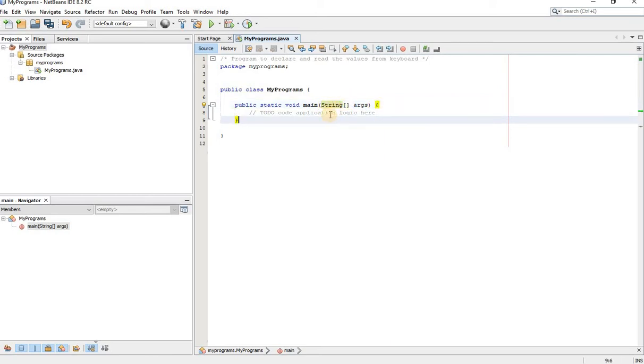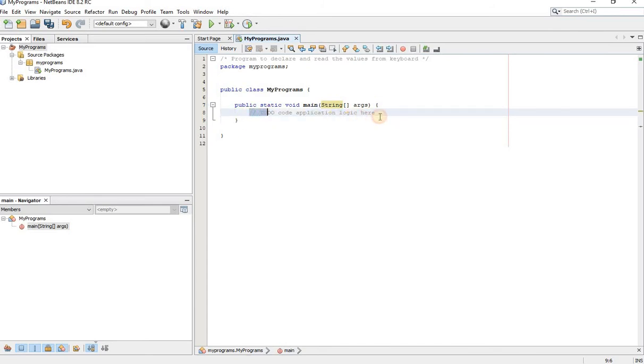When you run the Java program, you should have certain memory where you can load the data for the program. So when you write String args, it becomes capable of loading any size of data at runtime. I hope this is clear.